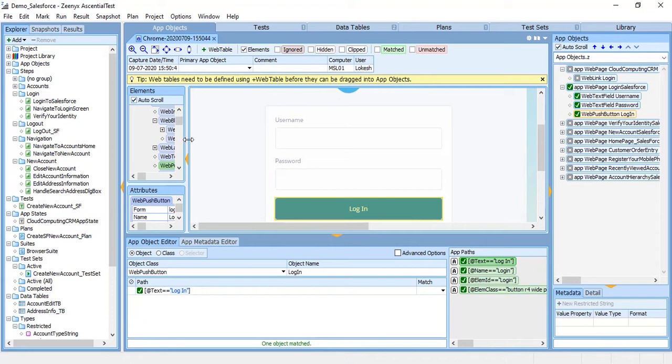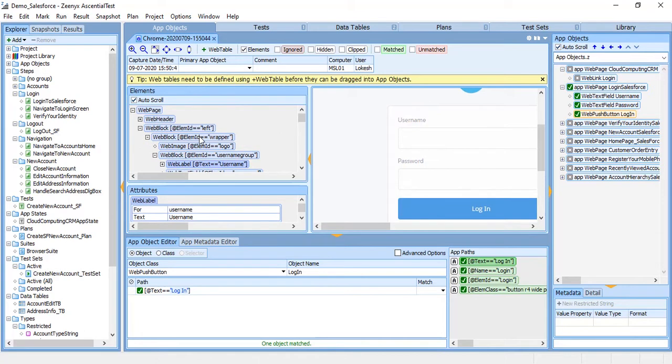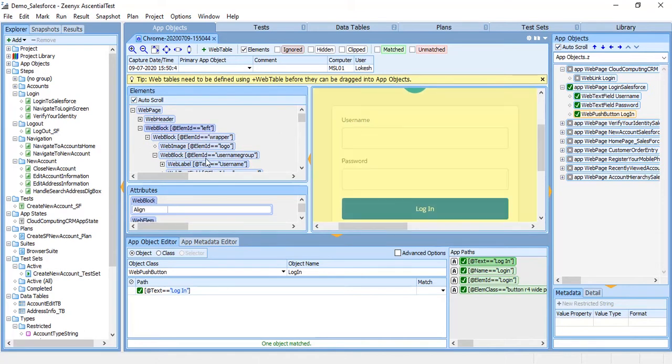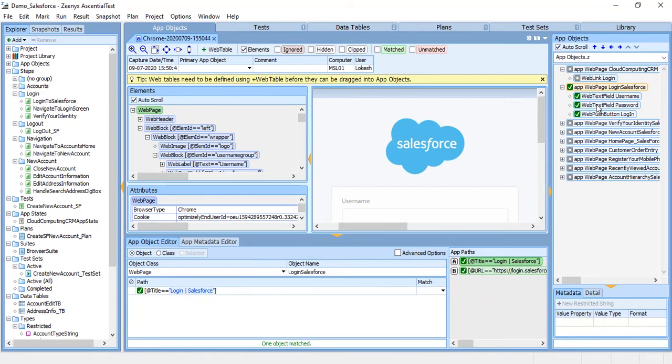In the left, you can find the elements section, which consists of all the elements that make up the application along with their attributes. Towards the right is the section where all the objects are defined by drag and drop, which is known as the app object repository. You can notice that I have already defined the objects of this page, but I'm going to show you how